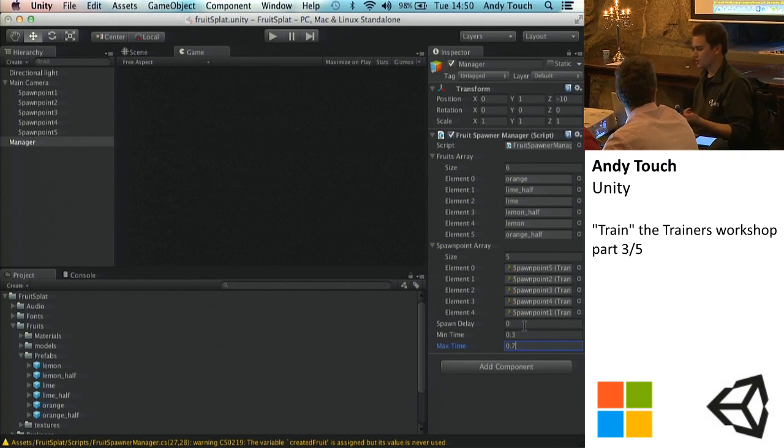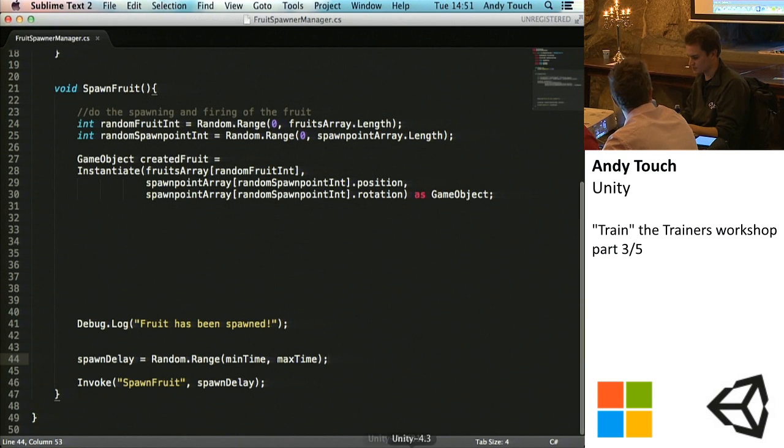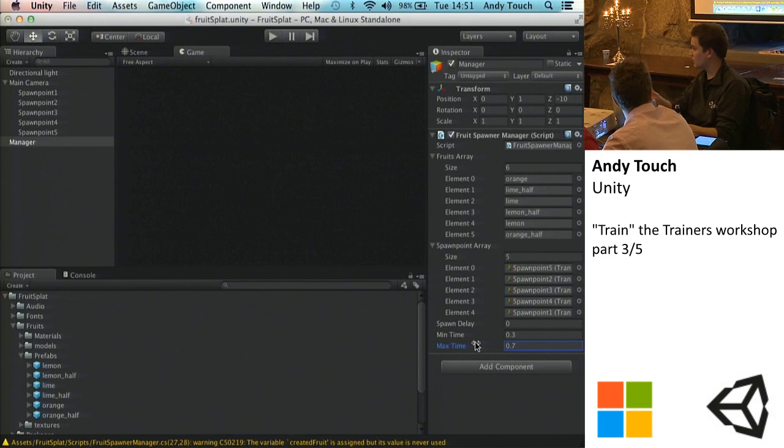But the great thing about Unity is that if I decide, for example, that max time actually needs to be 1.4, because I need to extend that gap between those points, I don't need to go into the code and tweak these things. Because they're all exposed in the editor, I can just tweak them here. I could give them to my 6-year-old cousin and say, change these values and play around with them. She'll probably be able to do it without having to look at code, which is pretty useful